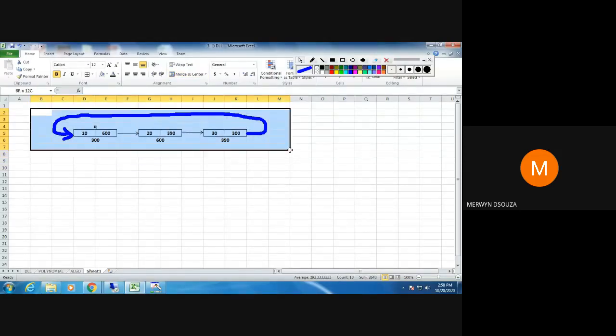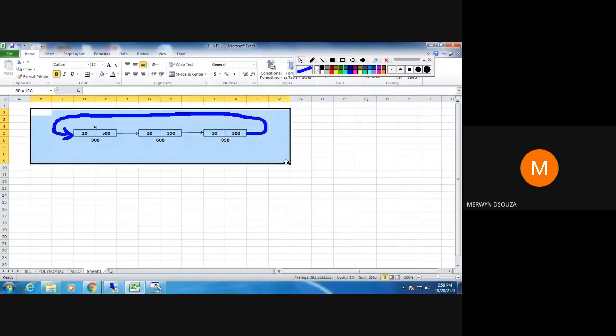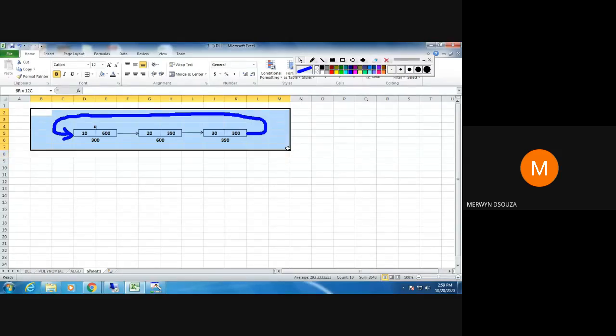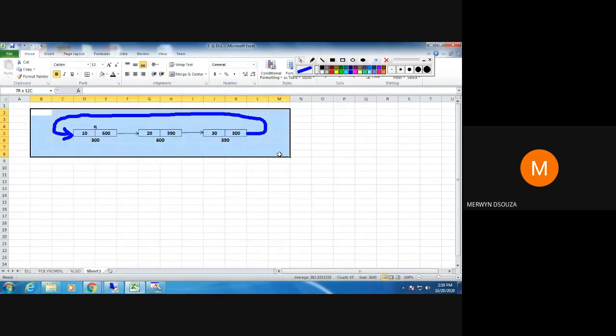Now, what you have to do is, I have given you the program, the entire program. You need to trace it out, and for each step, you need to draw the diagram stepwise. You can draw the diagram in Excel and upload it, or you can draw it on your books, take photos and upload that as a PDF. It's up to you. I would prefer that you do it in Excel.